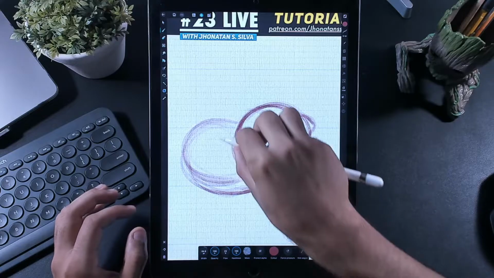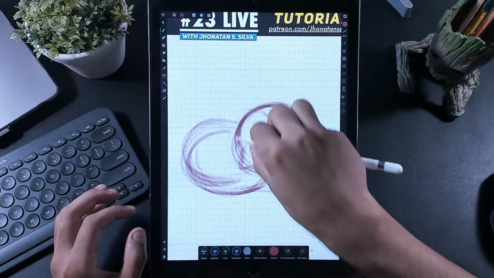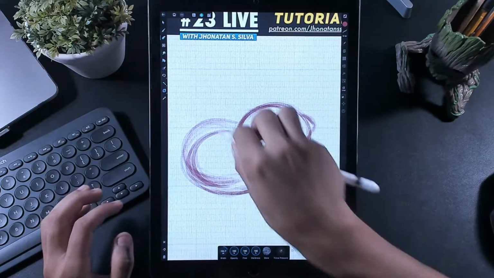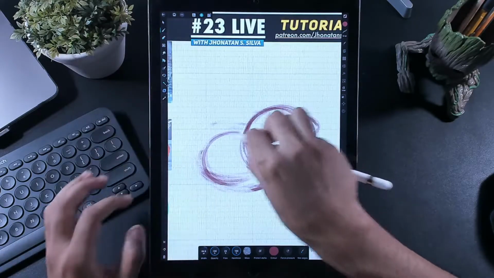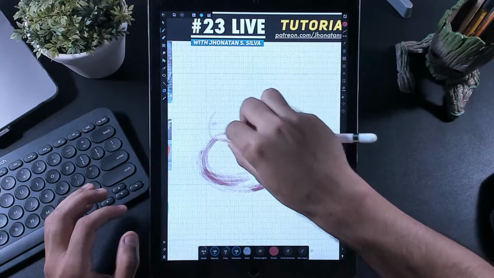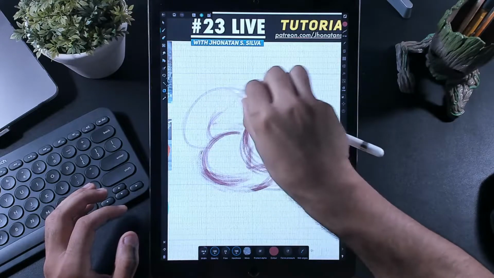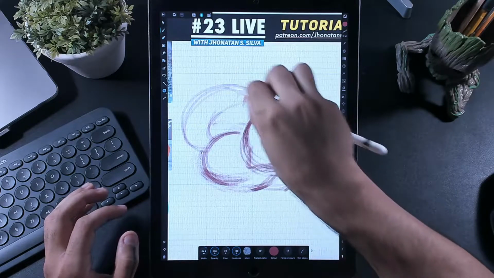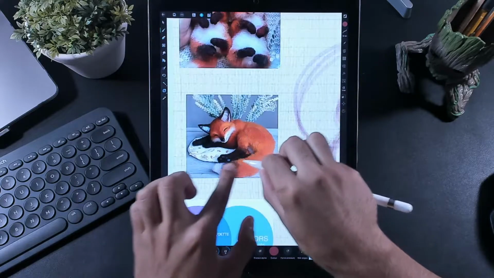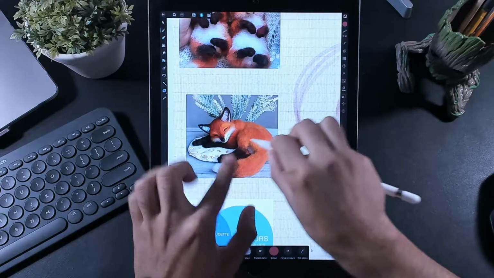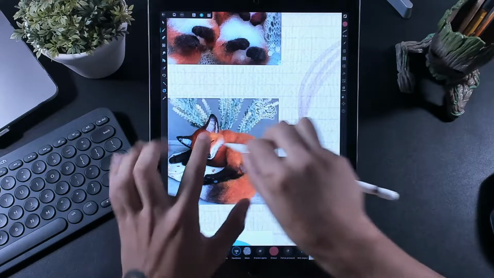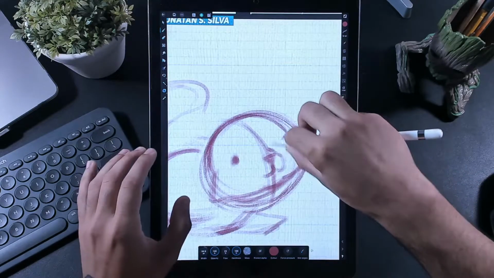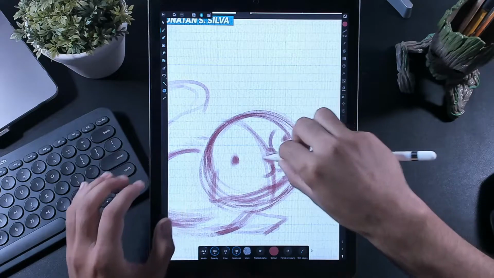Look, try to draw a bit fast, and when you can, erase some lines that you don't like so much. I'm gonna do here the tail. Look at the reference, it is very big. Look how the shape is. Look at how the face works as well. Okay,